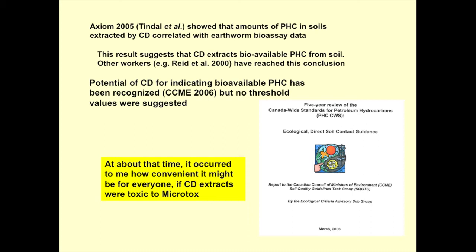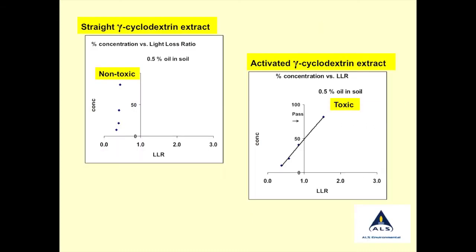And it's taken me all this time to get this idea to work, that if you could get a cyclodextrin extract and make it toxic in the Microtox bioassay, then that might be a useful screening test for indicating site toxicity. The idea is